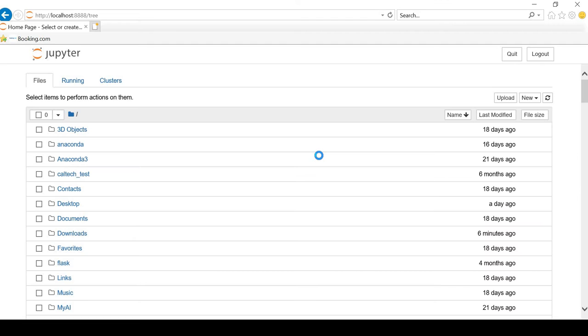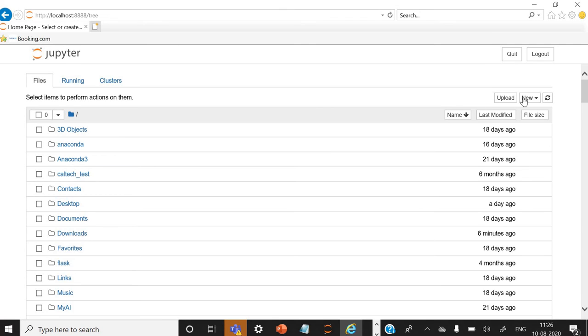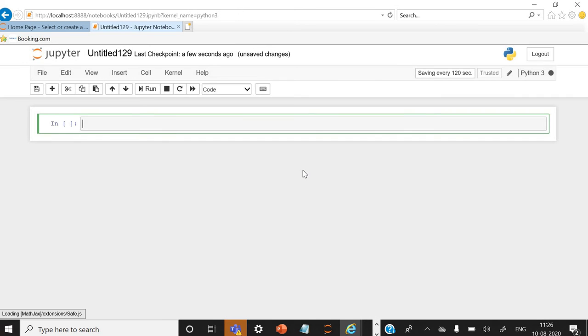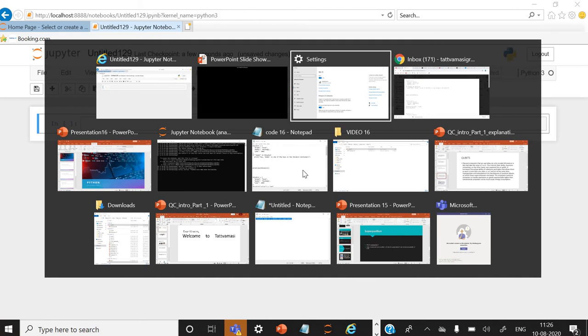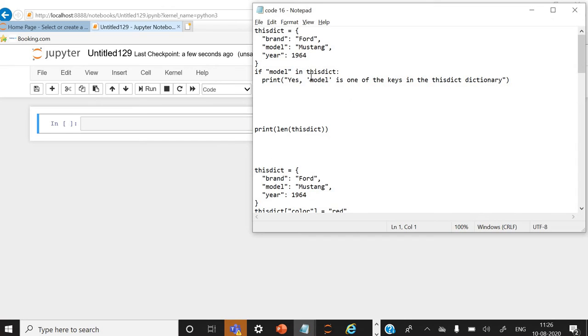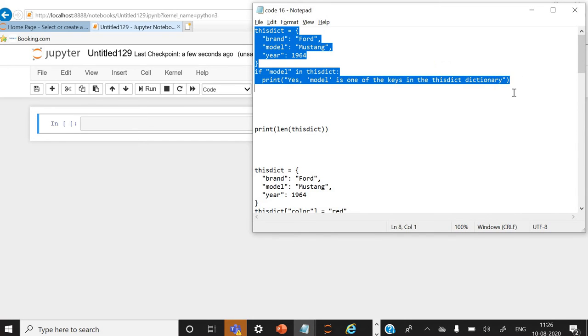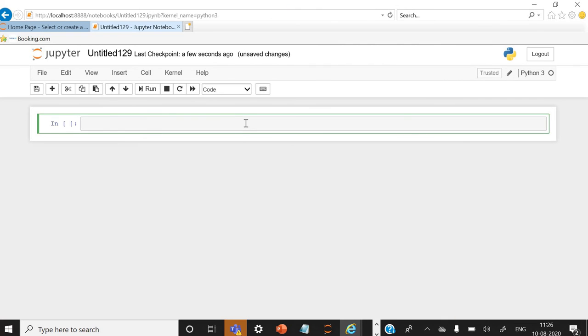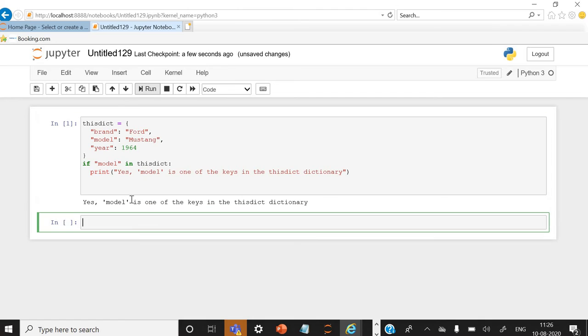For that, let's go to Jupyter Notebook and new Python 3, and now let's go to the codes we have here. This is the first code. Now let's run. Yes, model is one of the keys in the dictionary. This is check if key exists. Now the next code